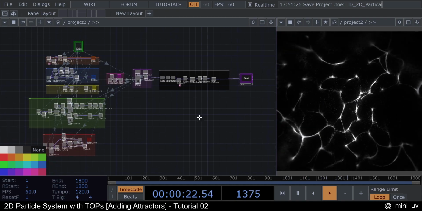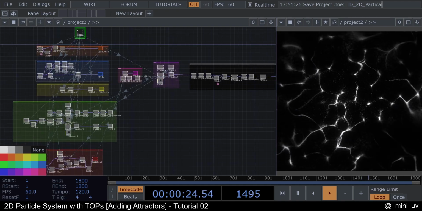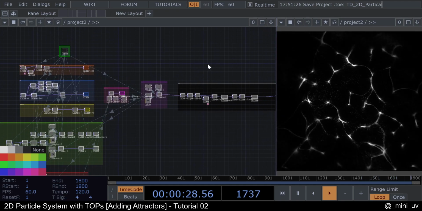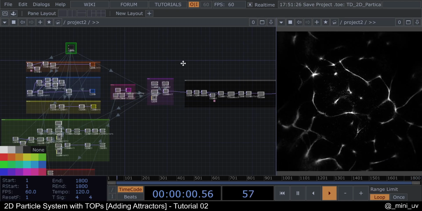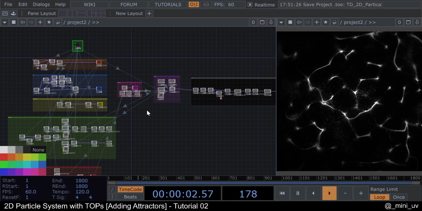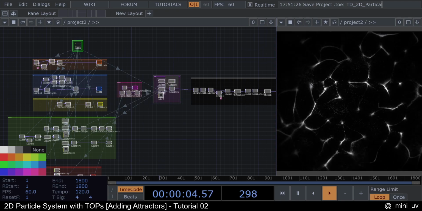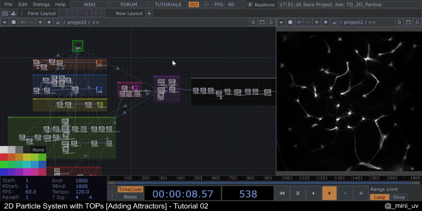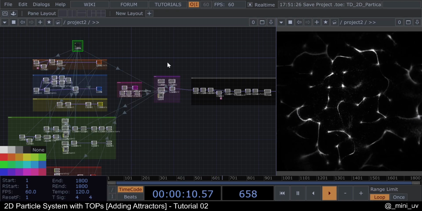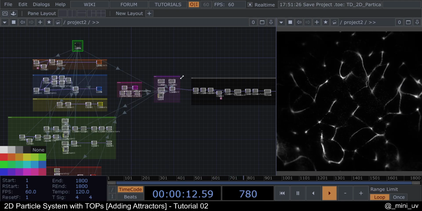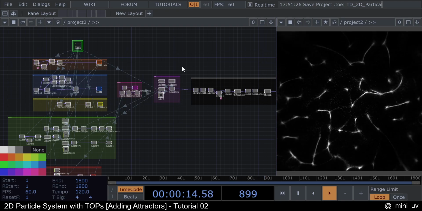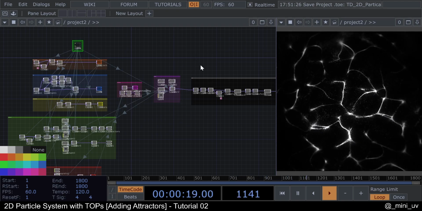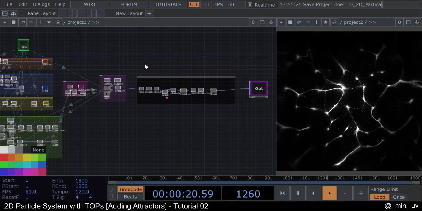Basically, we are taking the system that we built in the first tutorial and adding, instead of the vector field, attractors. So if you didn't see the first tutorial, I will link it down in the description, and I highly recommend to watch it before you